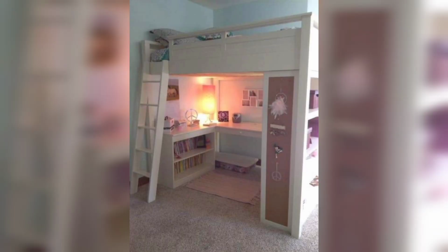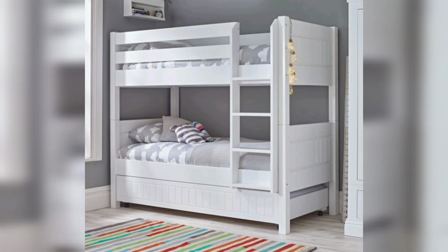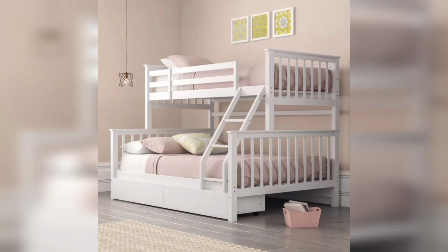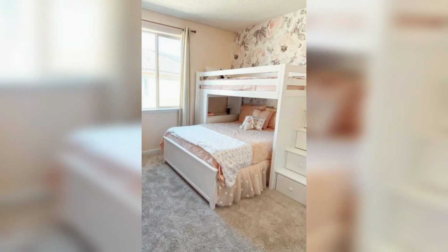And we try to bring also double beds in the form of bunk beds, and we try to bring the unique things. These are simple bunk beds, but you can decorate them with some toy theme or with some animal theme, and this bunk bed is with a study table and drawer, and